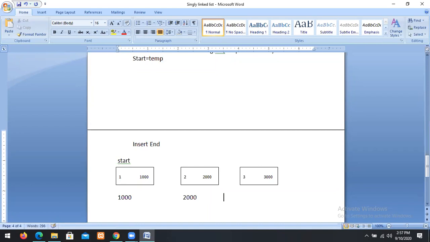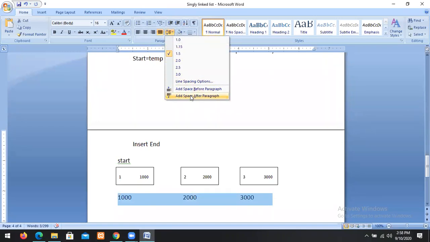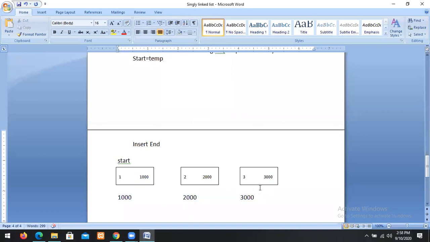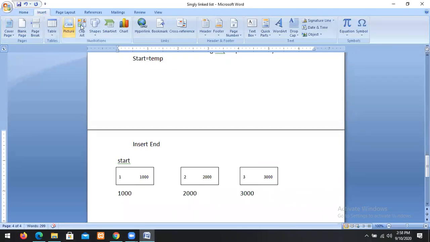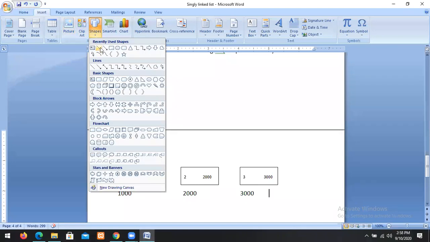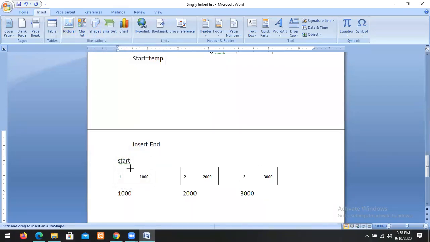This is the address of the third node. So these are the three nodes. This is the first node.